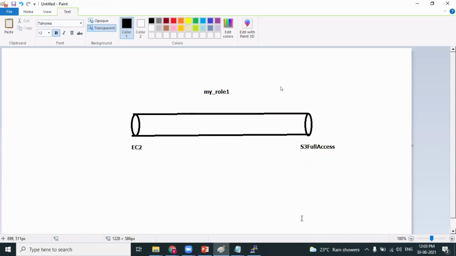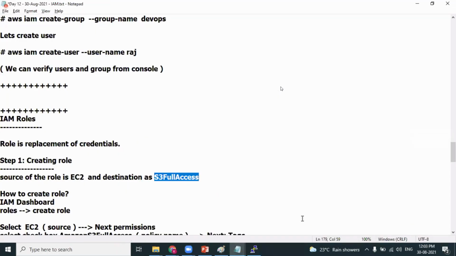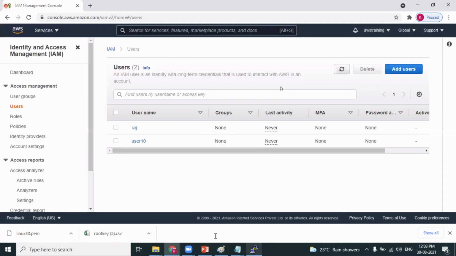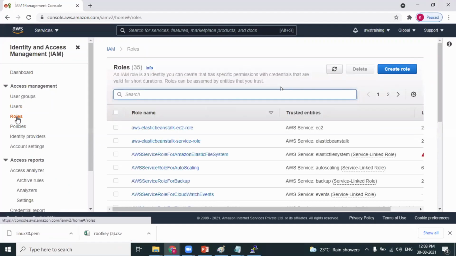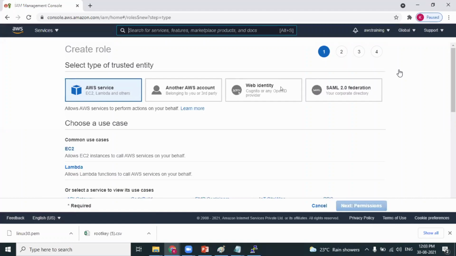Let's create it. So let's create a role. I am creating that from the console access. In the console access, there's a concept called roles. Do not worry about the existing roles. There are some existing roles. So what we are creating is a new role, isn't it, Anuj? So create a role. The moment you create a role, it will ask for the source. I'm selecting EC2 as the source. The source can be Lambda. The source can be a number of services, not all the services, only a limited number of services. For this example, to make it clear, I'm selecting EC2 as the source.